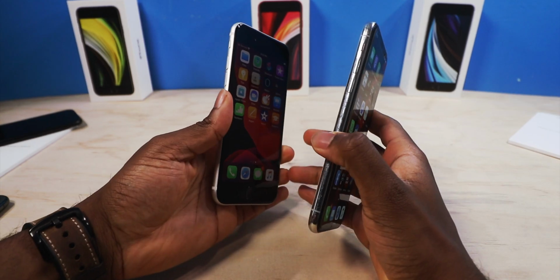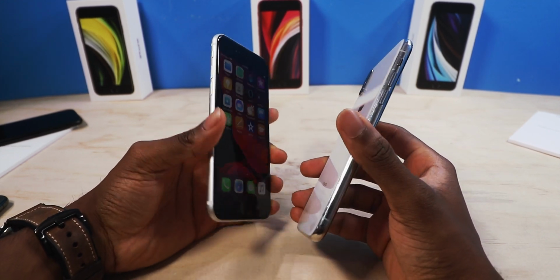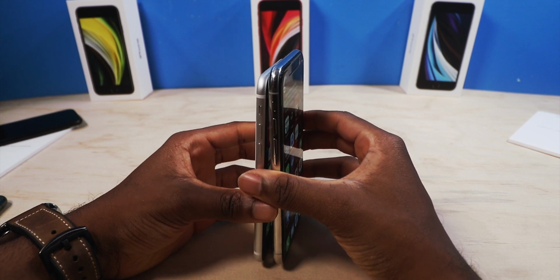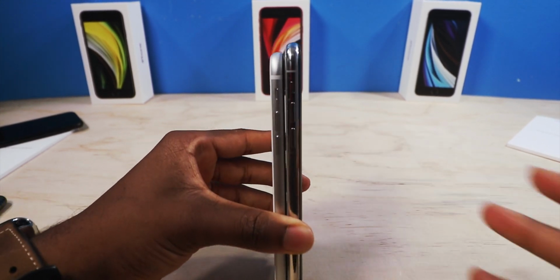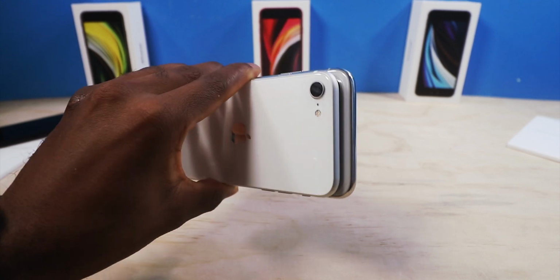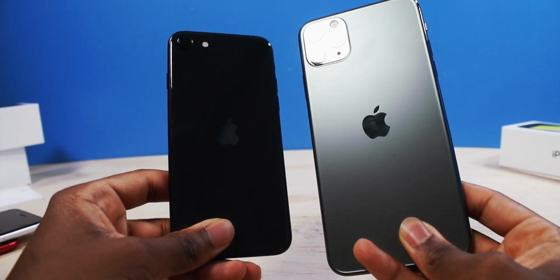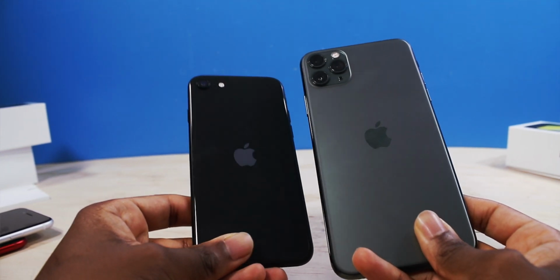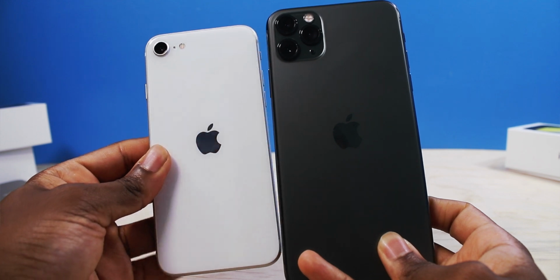know, clean it up. Now, fun little fact, honestly, if you're coming from the iPhone 10, which I think this is more of a downgrade, it's pretty much the same exact size, or the iPhone 10 is taller, but they're pretty identical sizes. Even the width is very, very similar. So comparing it to my 11 Pro Max, here's the black iPhone SE, and the iPhone 11 Pro Max is